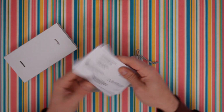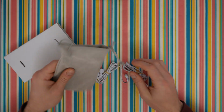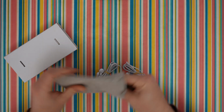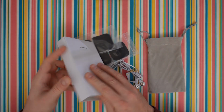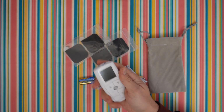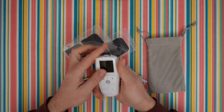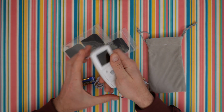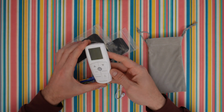And of course inside we're gonna find the manual. If you want to read, it is your choice, but stay with me, we're gonna find out all about this product. And this is the device. I like it. It is small, portable, it fits my hand, large buttons with the LCD display,